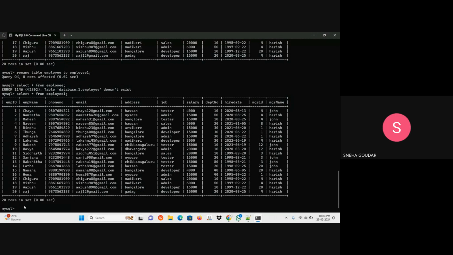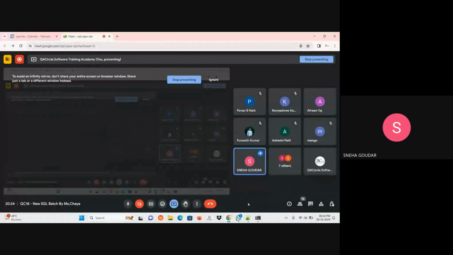The data type has been given, ma'am, but instead of int, I have given the varchar data type. Can we edit that table? No, you can't edit the data type. You can only edit the column name and table name. That's it. You should create it again.